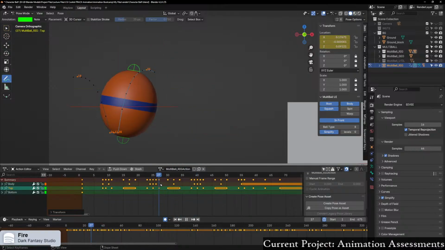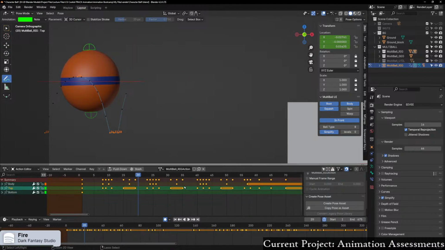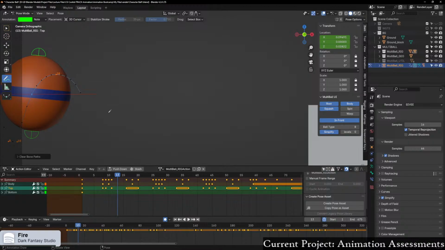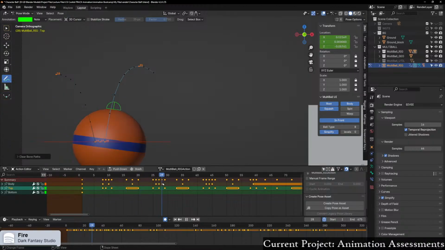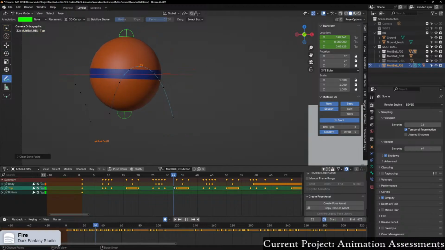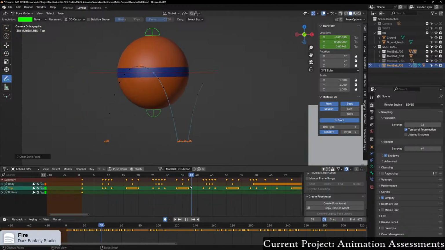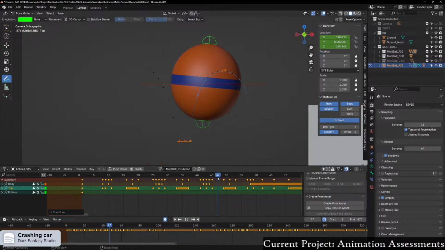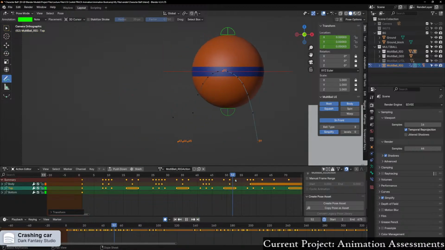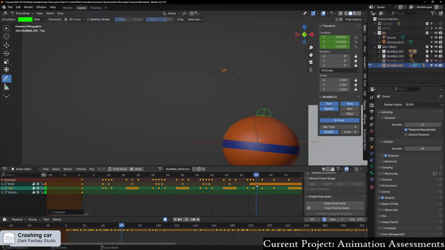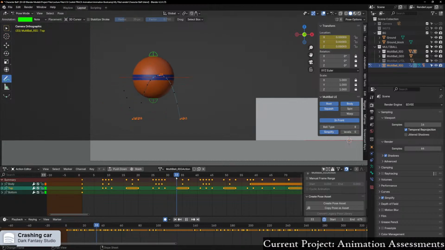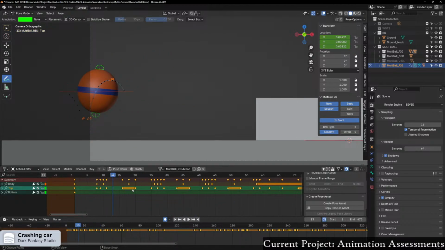I just realized, is the time of this off? I need to check. Is this asymmetric? 2, 6, 2, 4, 6. Oh my god, it is. 2, 6, 2, 6. And it lands on that one. Okay. So first of all, that's not meant to be like that. Second of all,